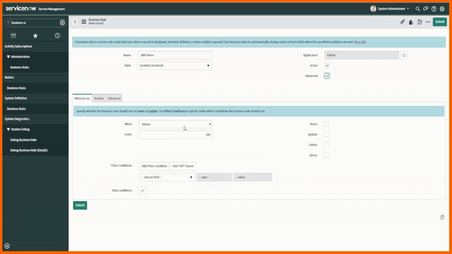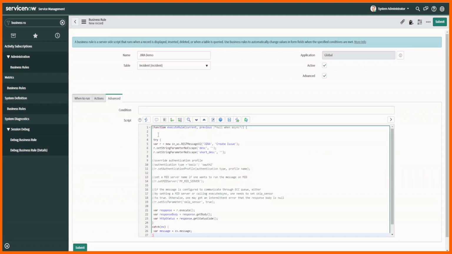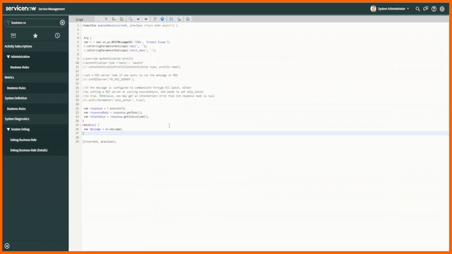Before, it doesn't need to be a before insert, we'll have it after. Okay, we could even do async. Again, I've done another video on the different whens of a business rule, so we'll go after update, and we'll go advanced. So we're not going to put any conditions in because we just want it to trigger, so we're just showing this. So now what we can do is copy, paste our code snippet, and we'll just open